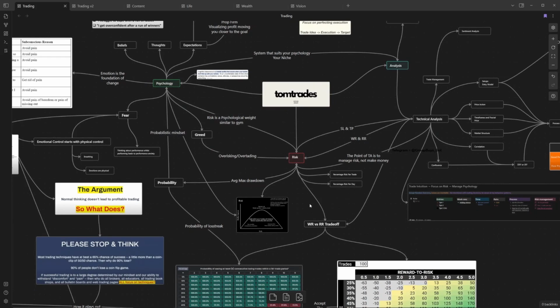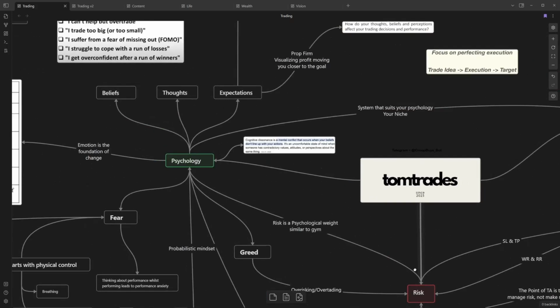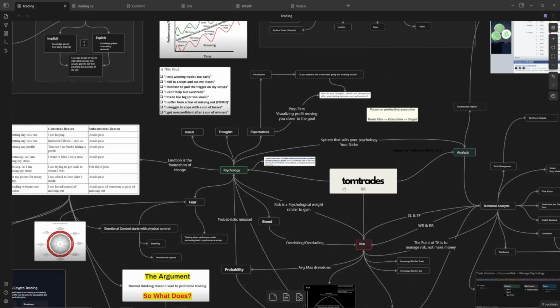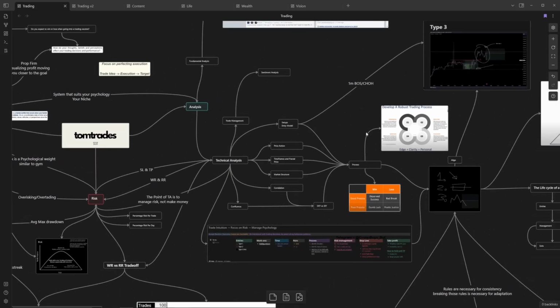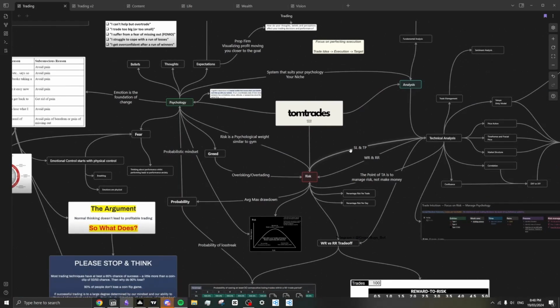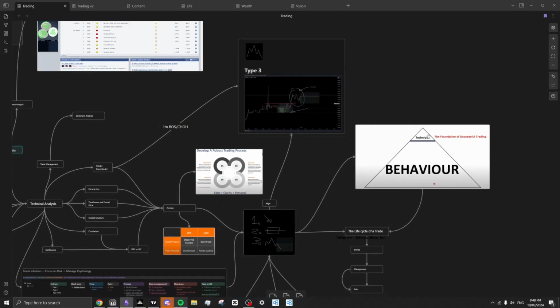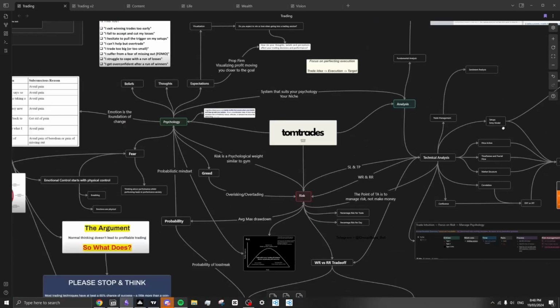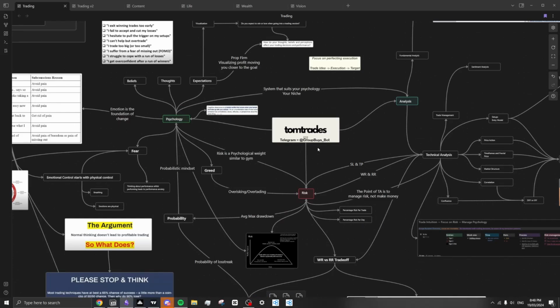Because intuition is a feeling. And if you're fearful, if you're risk averse, if you're greedy, that's going to degrade your edge. So yeah, that's technical analysis, that's behavior. It's important to keep in mind, because a lot of times we look for more analysis when that's not the problem. We just need to do the things that we know we need to do. It's just maybe a bit tedious.